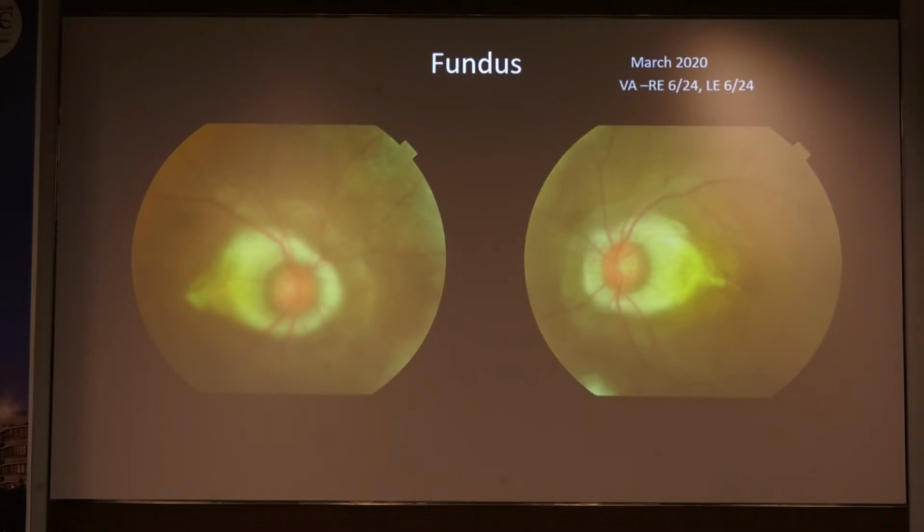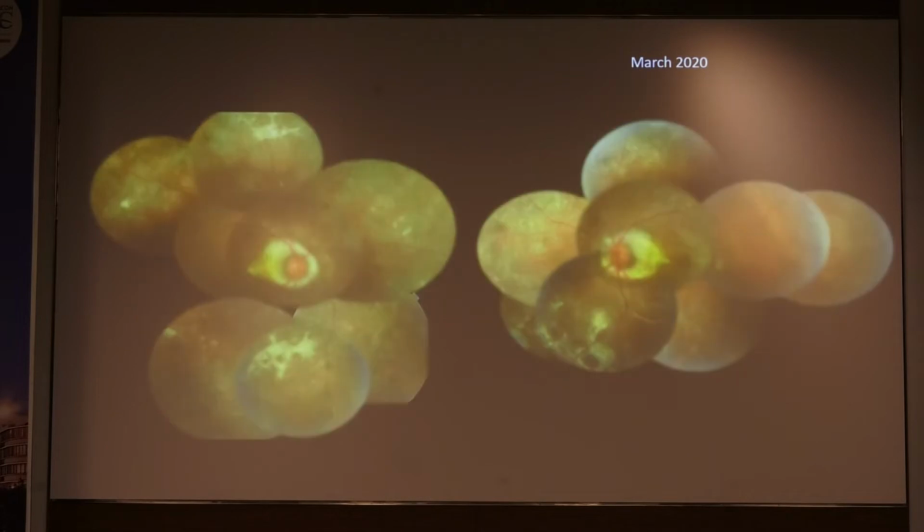So in March, the child came, and the vision was 6/24 in both eyes. At this time, I convinced the father and we could do an FFA free of cost, just to identify. They were not even willing for any evaluation. This is a montage image where we can see that in addition to the posterior pole lesion, in the mid-periphery, superiorly and inferiorly, we have fibrotic lesions with multiple RPE pigmentary disturbances. Similarly, in the left eye also, we can see fibrotic lesions here.